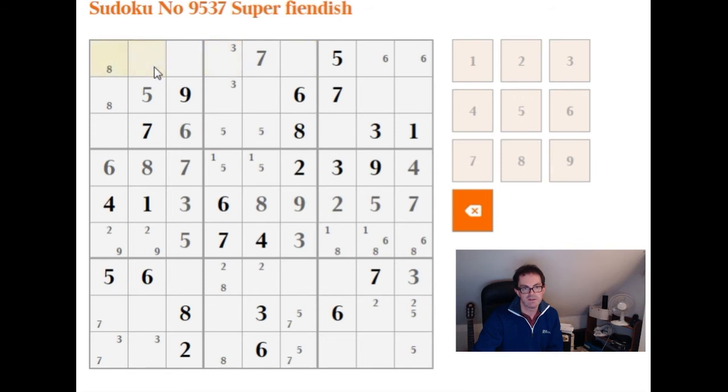Just seeing whether there's anything that we can see. I think that has to be a 2 or a 3. But again, that's not going to be quite enough to crack it. Normally at this point it's just a case of spotting the pencil mark that you've just neglected to